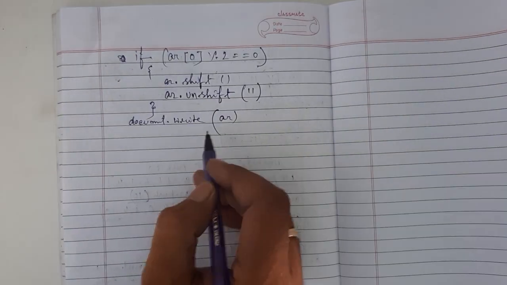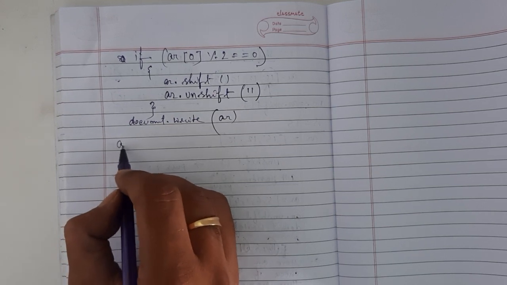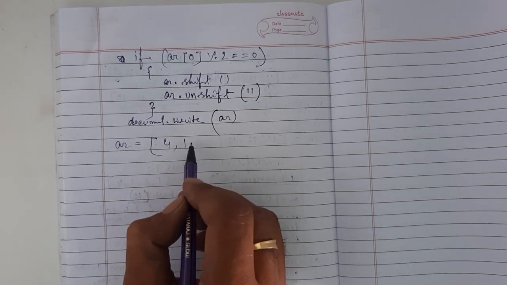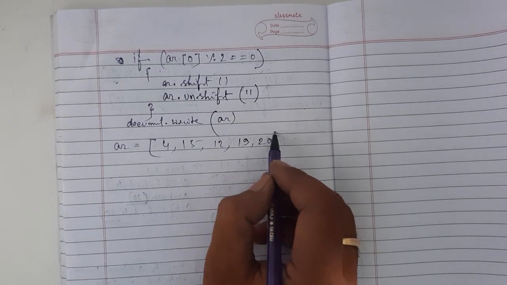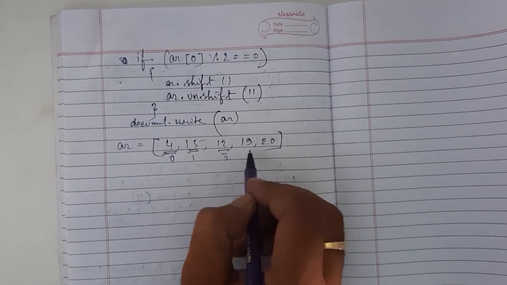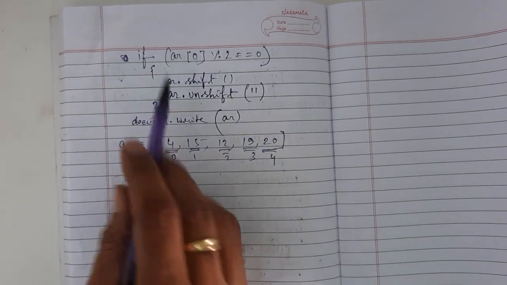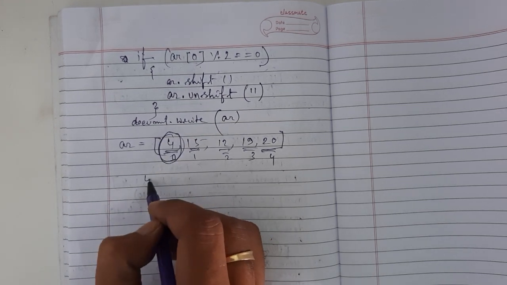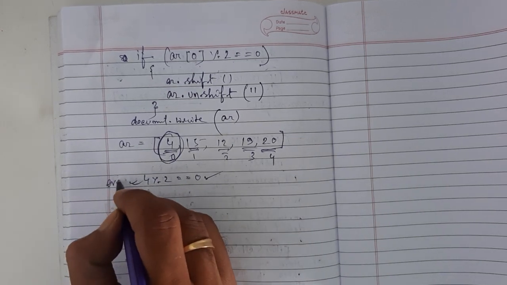So let's see how it will display the complete array. For example, suppose at the beginning only, suppose we have this kind of natural number stored in the array: 4, 15, 12, 19 and 20. For example, these 5 elements are stored. Again I am repeating, this is 0 position, this is 1, this is 2, this is 3, and this is 4th position. So then the loop program will check whether the first element, that is 0th position, is even or odd. So 4 % 2 is equal to 0, that is it is an even number.